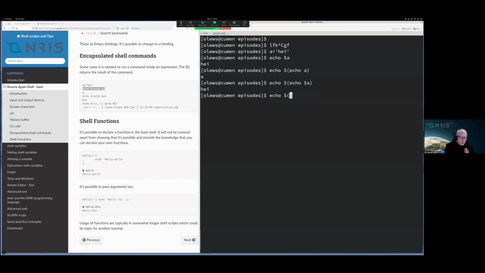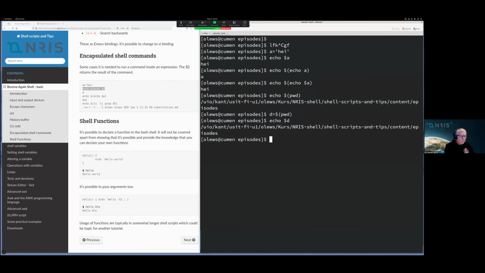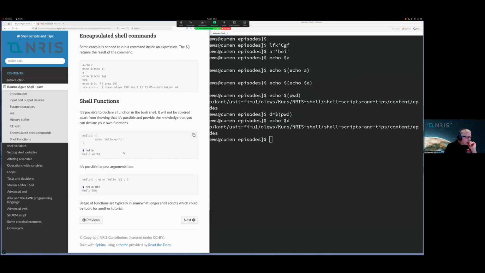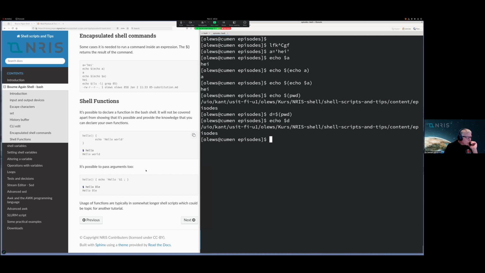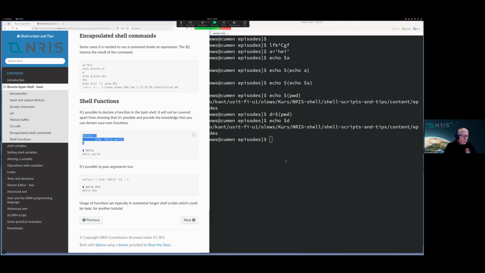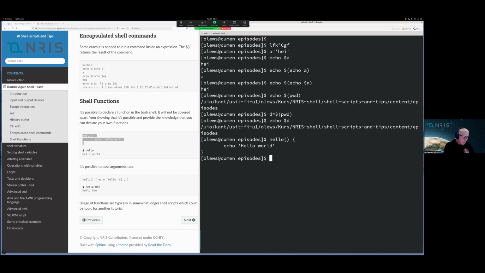I can also say PWD here, because that's the output of that command. That will print out my working directory. But of course, there's nothing stopping me from setting it like this. So there it is. And it's possible to make functions in the shell. Not mostly if you want to write shell script, but it could be that you wanted to write some kind of function that you often use. During a session, you can write the function